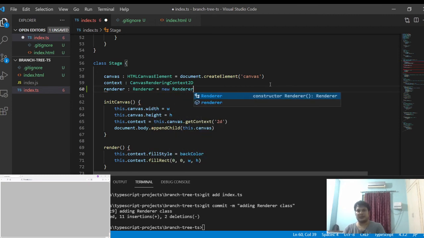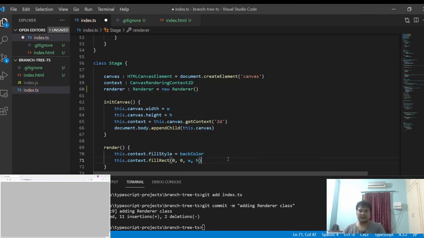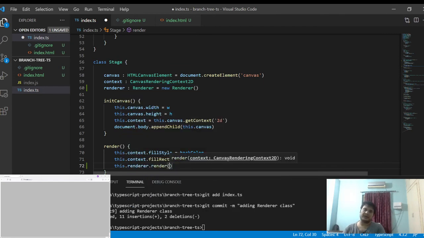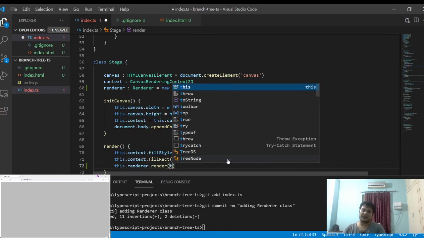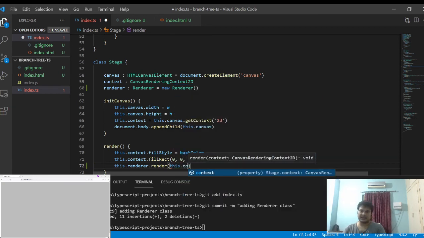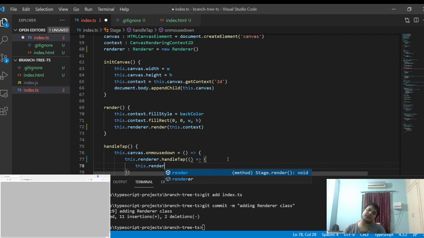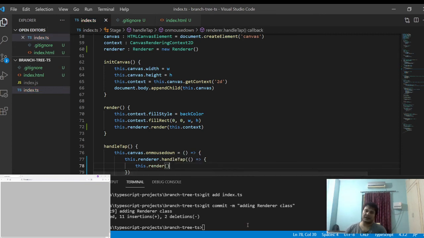I'll create a new renderer object, and here in render I will add this.renderer.render, and I'll pass this.context, and over here I'll be handling tab for renderer, this.renderer.handleTab, and I'll pass this.render over here because I want to have a drawing effect regularly.